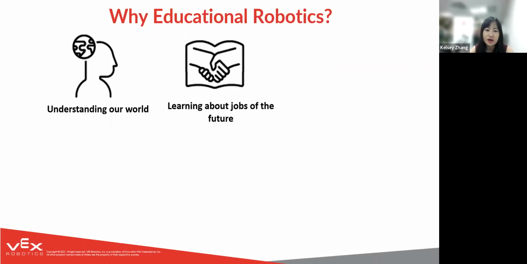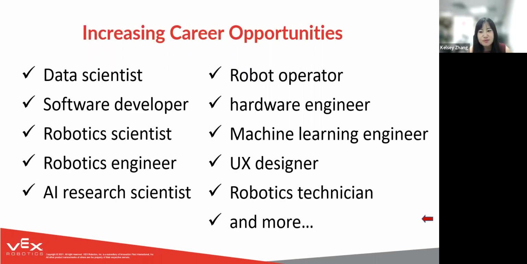And the second point I wanted to talk about is learning about jobs of the future. The world of work is changing today. Tasks change, jobs change, and technology changes. According to research done by the University of Oxford Department of Engineering Science in 2013, 47% of current jobs are at risk of being lost to automation. But while millions of jobs will be destroyed, many more jobs will be simultaneously created in the process as well.